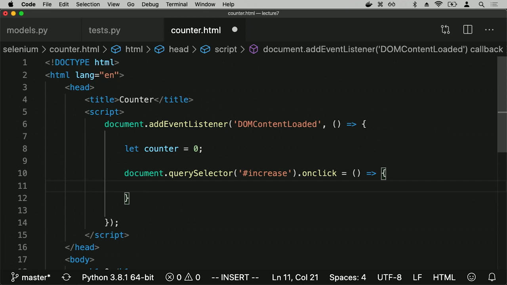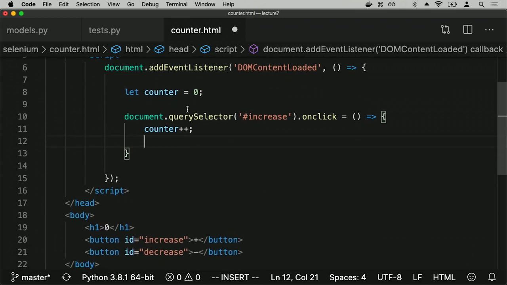And what would I like to do? Well, I'd like to increase the counter. Go ahead and say counter plus plus. And then I'm going to update this h1 that currently contains 0. document.querySelector h1, that gets me the h1 element. I'll go ahead and update its innerHTML